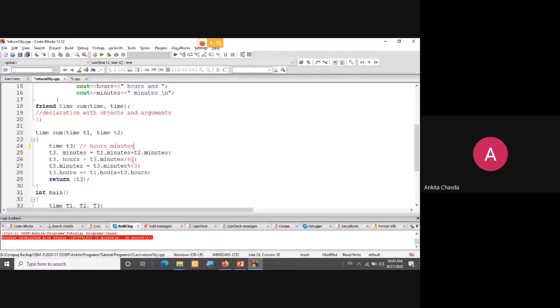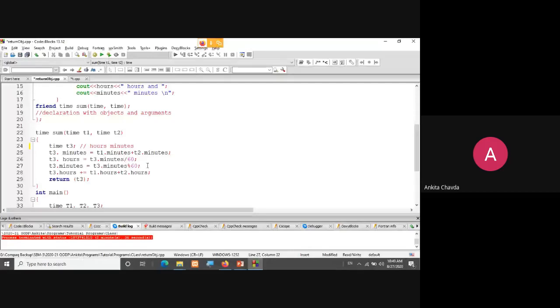Then I'll divide these minutes by 60 and I'll store it into the hours, right? So t3 dot hours is equals to t3 dot minutes by 60. Then the remaining minutes will be there in t3 dot minutes after the remainder. After this modulo, whatsoever the remainder is there, that will be stored in t3 dot minutes.